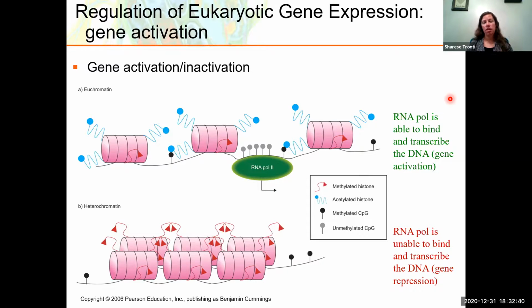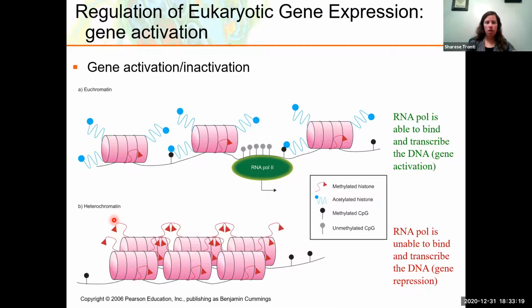In a eukaryotic cell, we have a few different ways that this can happen. One is that we can methylate the histones. This is only going to happen in eukaryotic cells because only in eukaryotic cells do we have histones, right? But the histones, remember, are the proteins that the DNA is wrapped around. Well, if we methylate them, that causes the DNA to wrap around those histones even tighter. And that's going to convert it into this heterochromatin. So the DNA in that region is wound very tightly so that the DNA cannot be